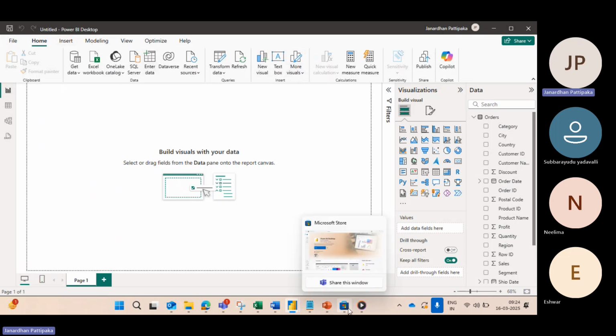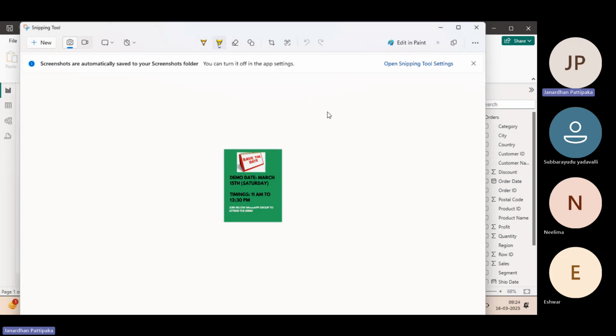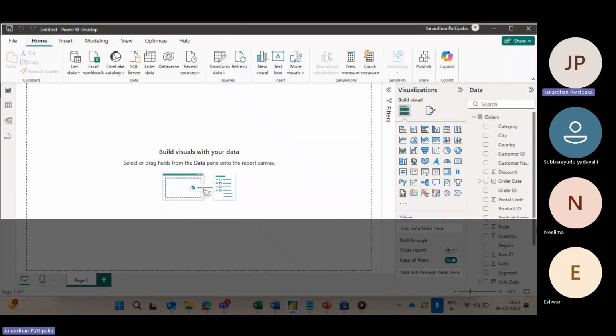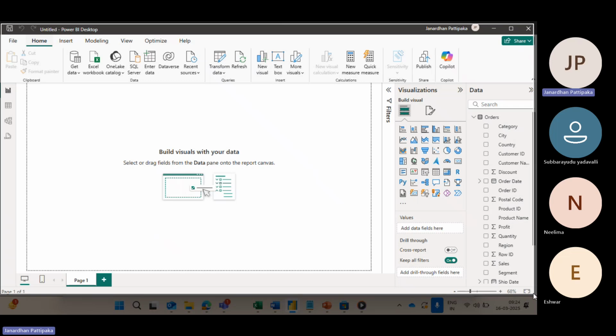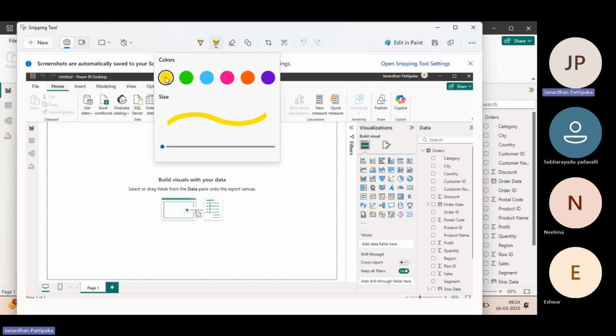this central part, we call it a... suppose I will take some screenshot for you, so it will be helpful for me to explain in a better way. Suppose I take this screenshot of this Power BI Desktop, right? This is the Power BI Desktop. I have taken the screenshot. Now I will explain to you, when you look at this Power BI Desktop,